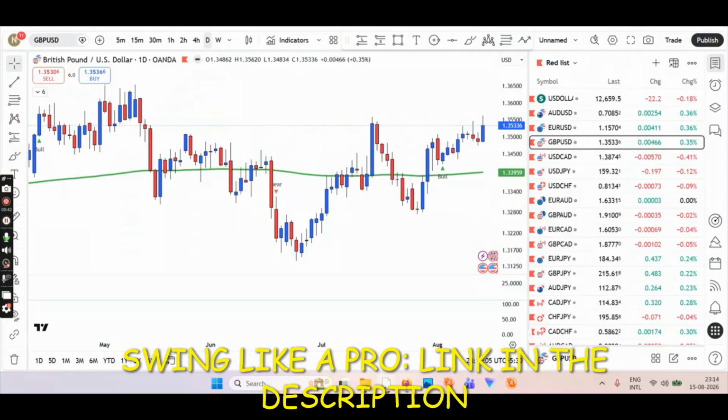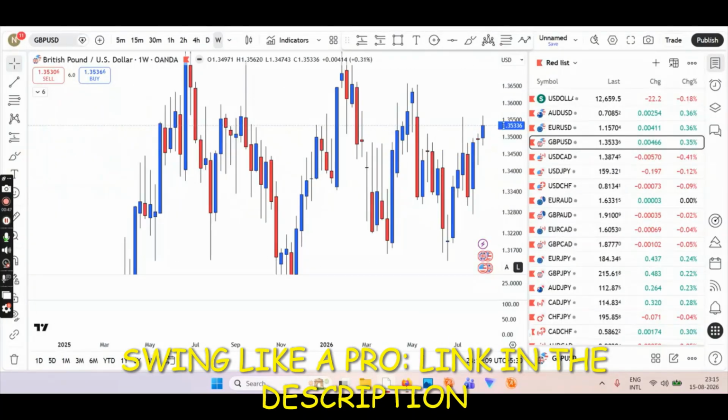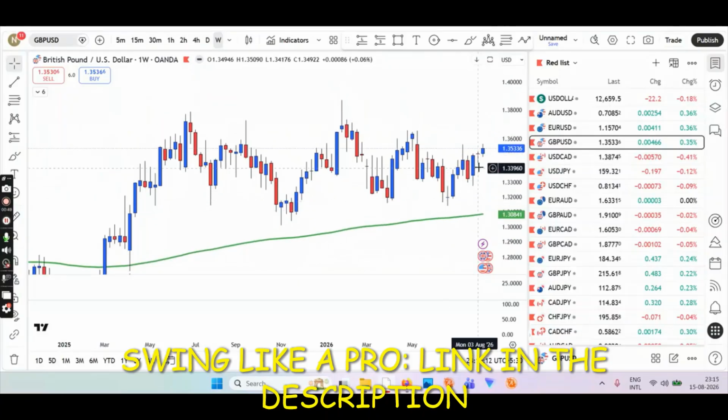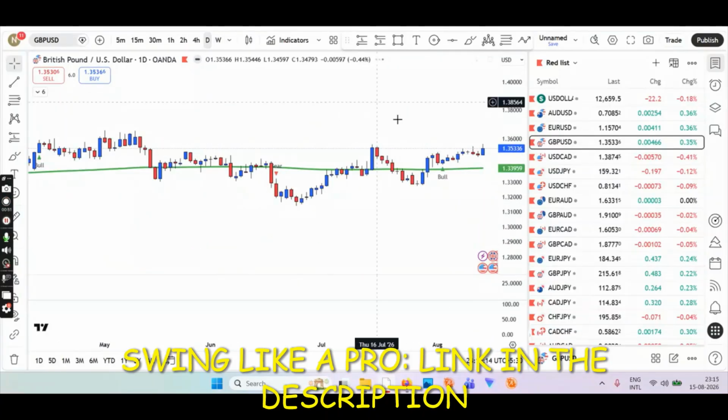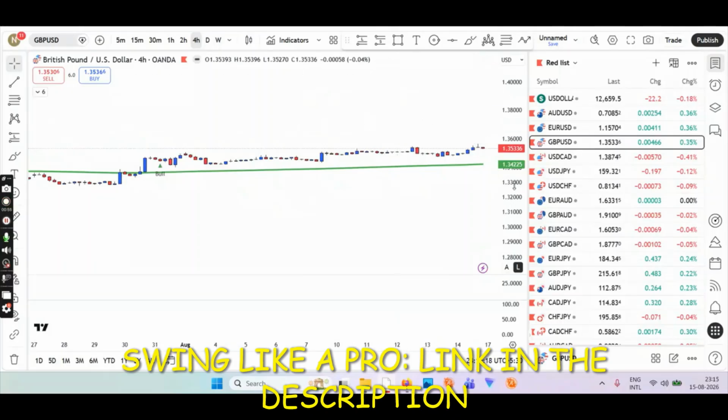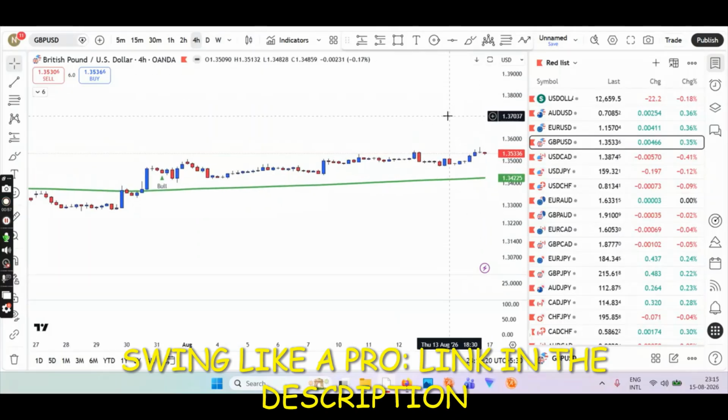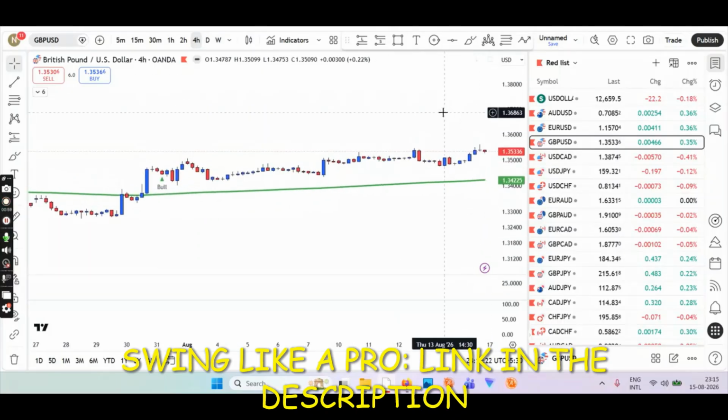So coming back to the chart, starting the top down approach with weekly time frame. Weekly we are above the EMA. You can see weekly we are above the EMA, daily as well we are above the EMA, and 4 hour as well we are above the EMA. No rocket science. Price in all time frames, 4 hour, daily, weekly, is above the EMA.